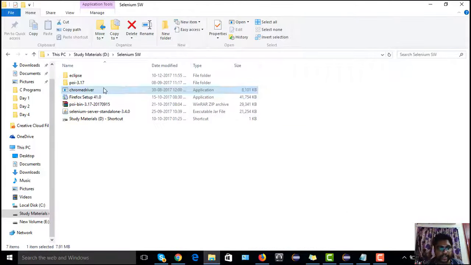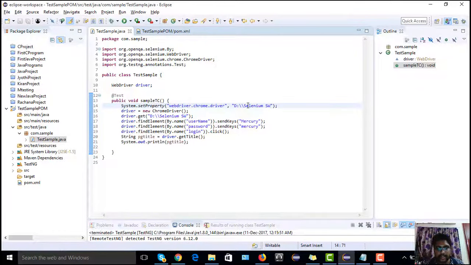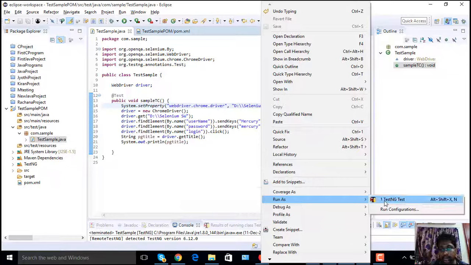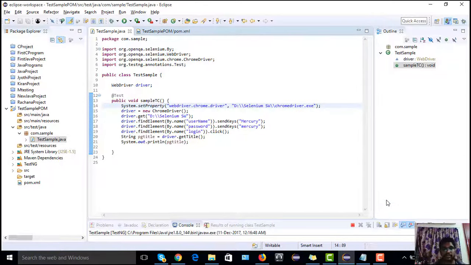So we have to give the file name as well. Control C, go back, say /chromedriver, and it is an exe. Save it, and now try running the test. Hopefully it should work now.